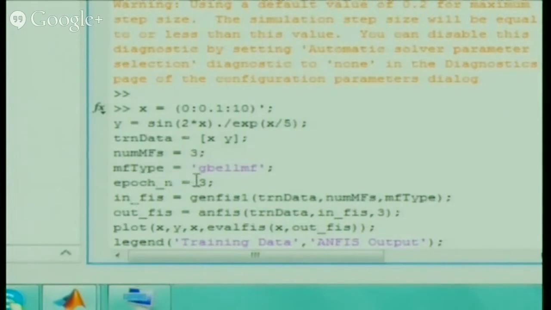Type of membership function, G-bell, triangular, trapezoidal, define that. Epoch underscore n is equal to 3, the number of epochs, that also you have to define. Like here you are just creating the FIS. Generate FIS, training data, membership function and membership type you have given and you have generated the FIS.